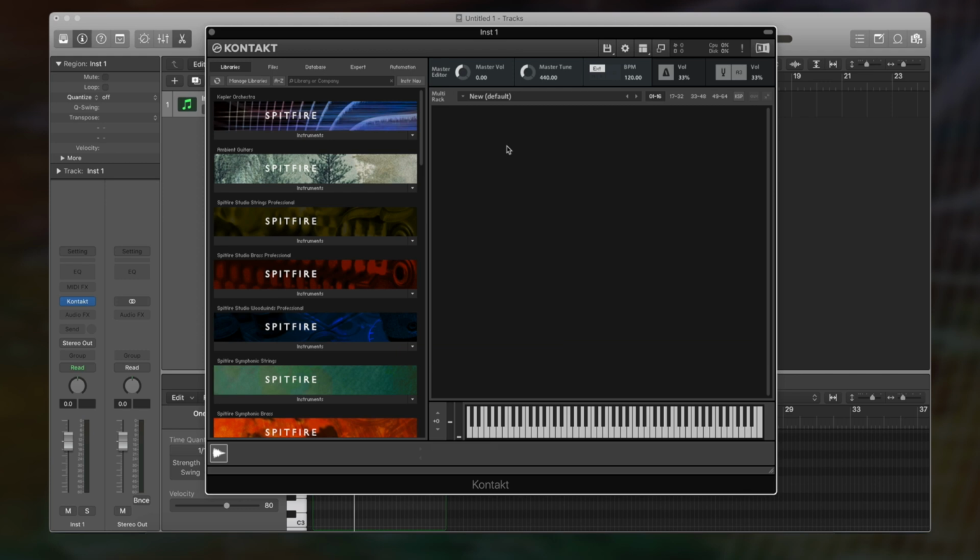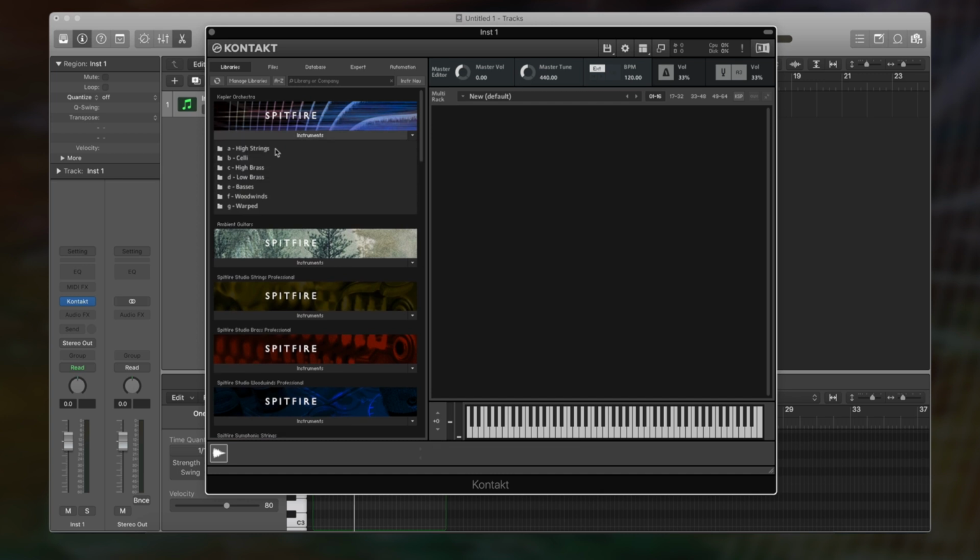Hi, this is Sandy from Spitfire's Customer Experience team, and in this video we're going to be taking a look at Kepler Orchestra. Looking in the Instruments folder of Kepler Orchestra, we can see that we have 7 folders containing